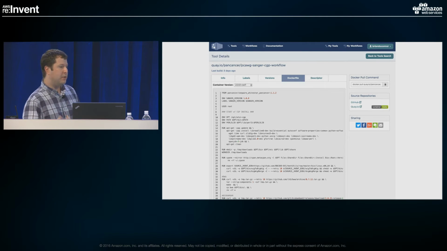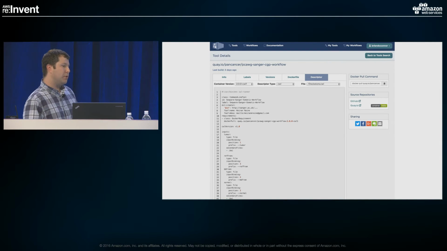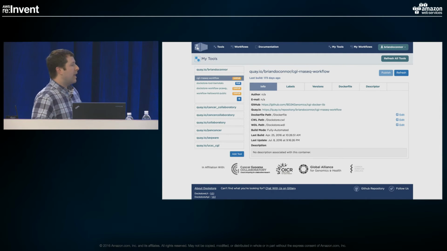It's bringing together a single place where you can understand what the Docker file contains, how that particular tool was built, and also the descriptor itself, like how the tool is described in WDL or CWL, what its inputs or outputs are. And finally, as a developer, if you follow our SOP, if you use GitHub or Bitbucket, if you use Quay.io, which provides us a nice API, we can automate the registration of content from your Quay.io and GitHub